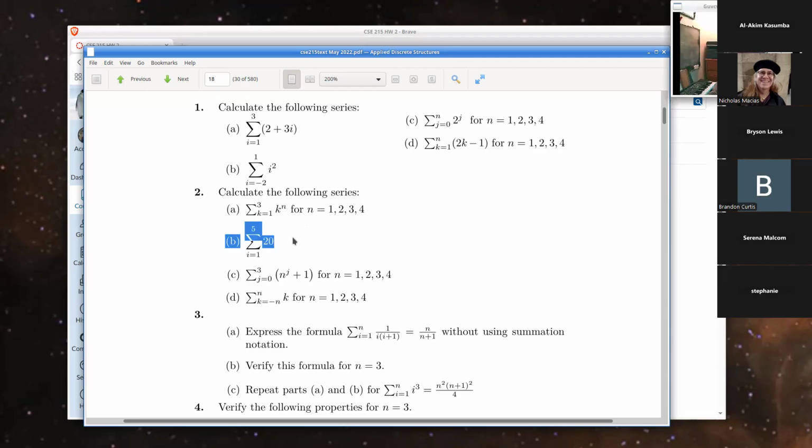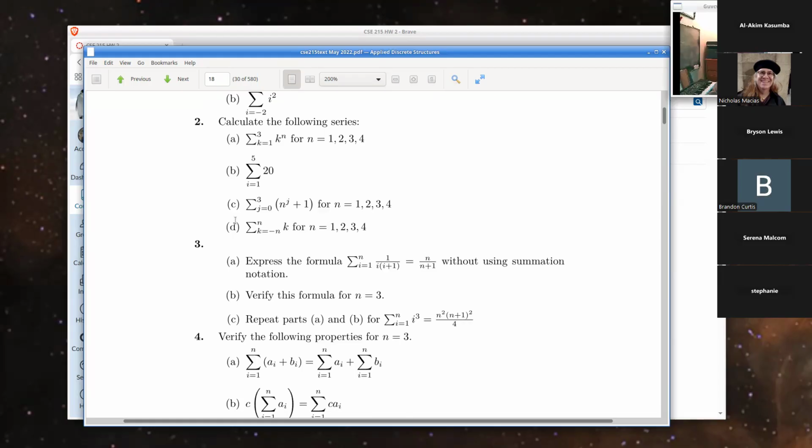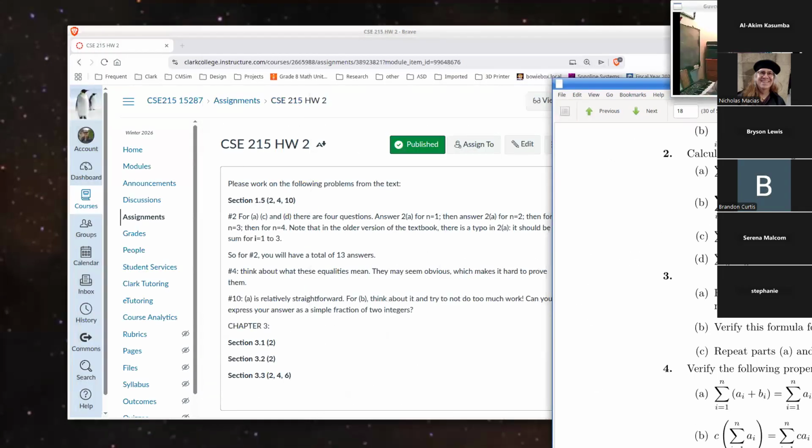For b, it's just a single summation, sum from i equals 1 to 5 of 20. And then for C and D, you've got 4 problems to do for each of those, just like with part A. Calculate this sum for n equals 1, and then for n equals 2, and so on. So 13 answers total for question 2. Question 4